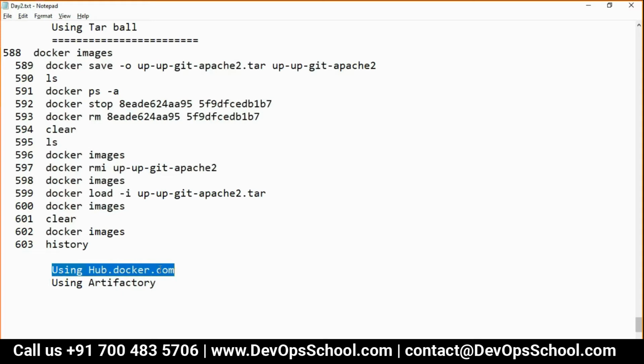What is the default location for sharing this image as a Tarball? Your voice is breaking, sir. Okay, what I'm saying, actually, what is the default location for Tarball images?